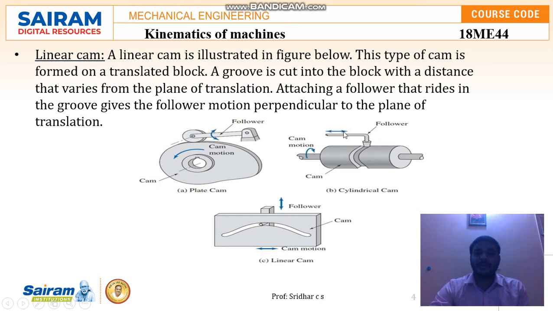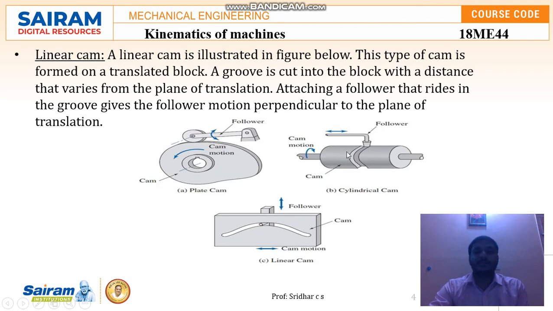The contact between the cam and the follower is through the groove cut. Because of the rotation of the cam, the motion which is transmitted is the same motion that is followed by the follower. The function of the groove cut is to provide contact with the follower when the cam starts rotating along with the cylinder. The groove cut is nothing but a small deviation made so that the follower will be in contact with it.